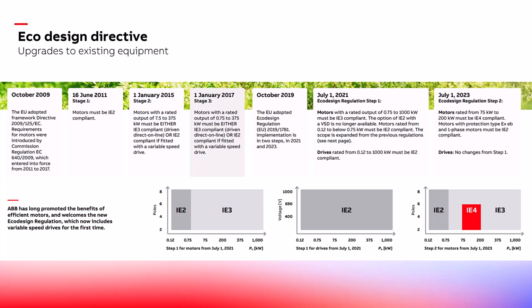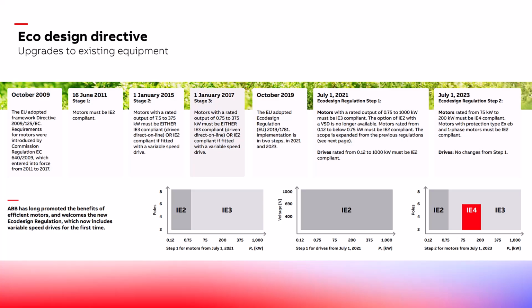It moved on a couple of years later in January 2017 to motors with a rated output of 0.75 to 375 kilowatt must be either IE3 compliant, driven direct online, or IE2 compliant. So they increased the power band there. It was then adopted further in 2019 and